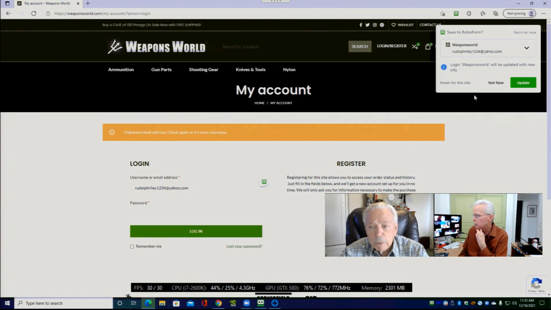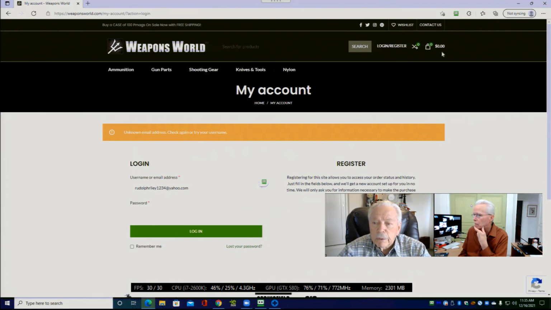Now, it also could be the case that RoboForm offered us this website because sometime in the past you may have responded to this update button, not understanding what it does. I have a hunch you're correct in that regard. All right. So we could say never for this site, or we could just say not now. I'm going to do not now, and then we'll go back and have a look